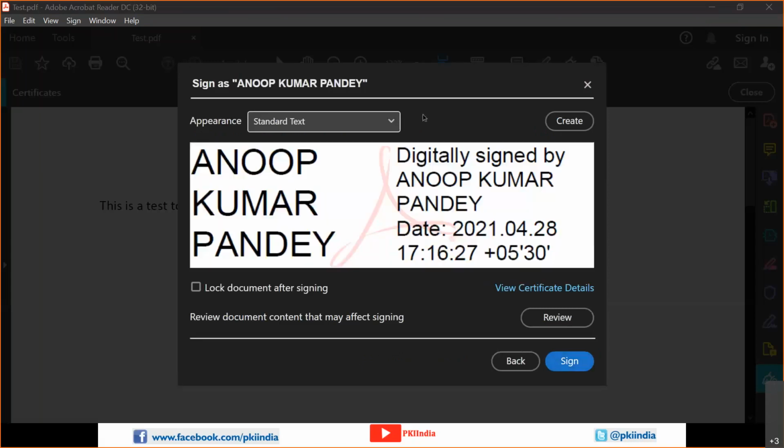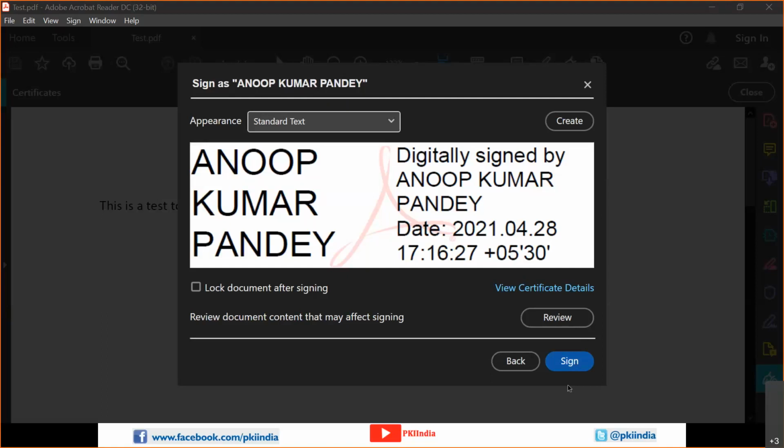It says that the digital signature appearance will be different, but physically it appears like this, in the Adobe thing. So now I'm going to click Sign. As soon as I click, what will happen? The same process will start. Adobe will send the contents to the cryptographic hashing algorithm and generate the digital fingerprint or the message digest of the content. Then the message digest has to be encrypted with the private key which is there in my crypto token. So for accessing the private key, I need to give the PIN.